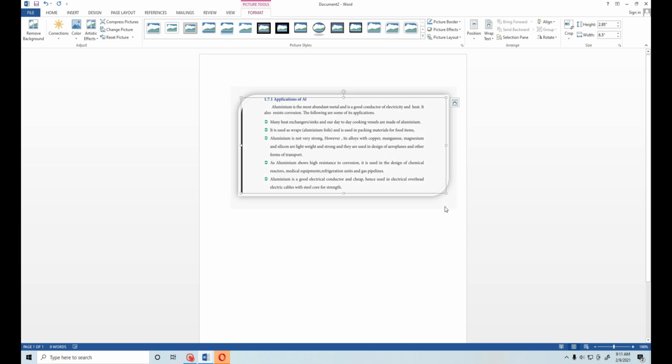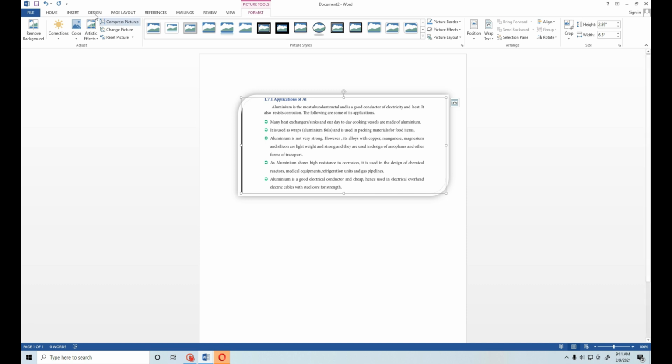Next, drawing objects in MS Word 2010. We want to draw objects in MS Word 2010. The Illustrations group under the Insert tab provides tools for creating shapes like lines, arrows, rectangles and circles. The shapes you create in an MS Word document are called drawing objects.